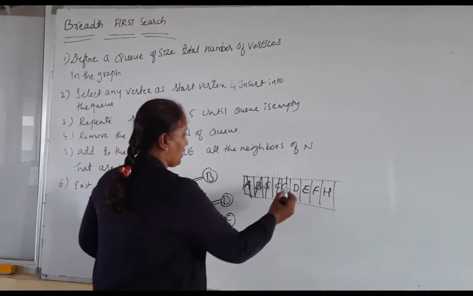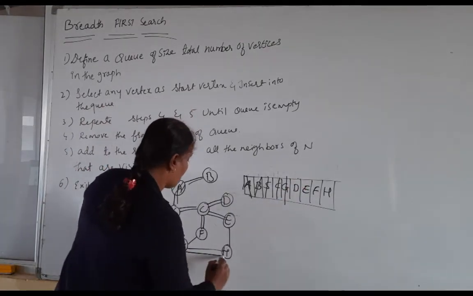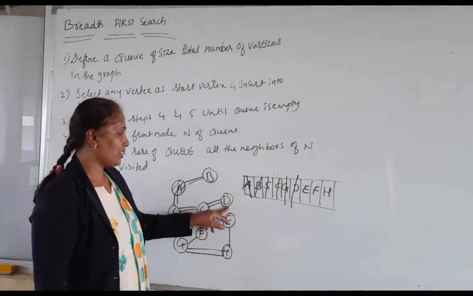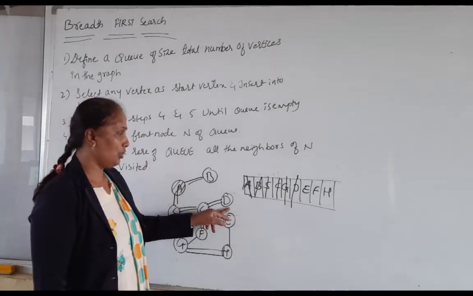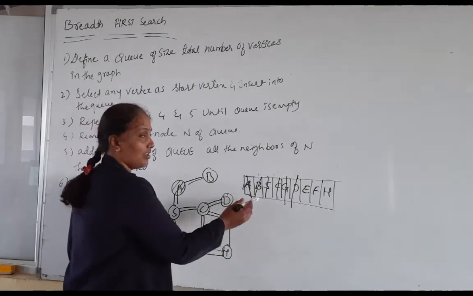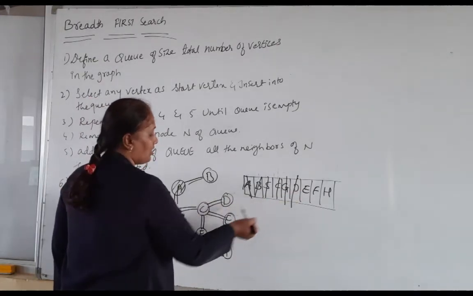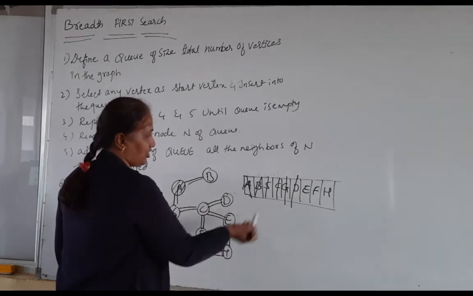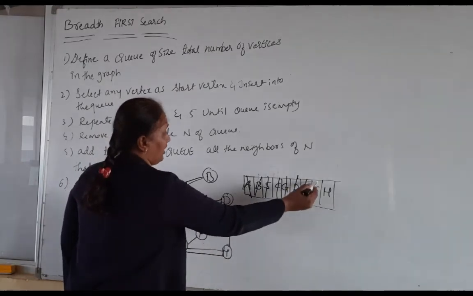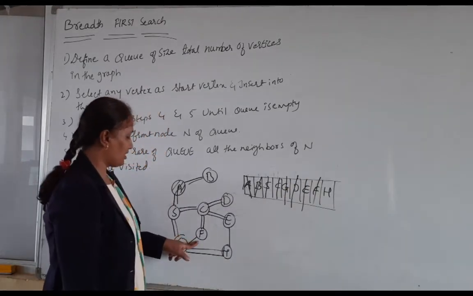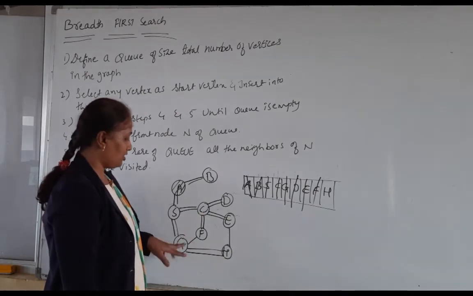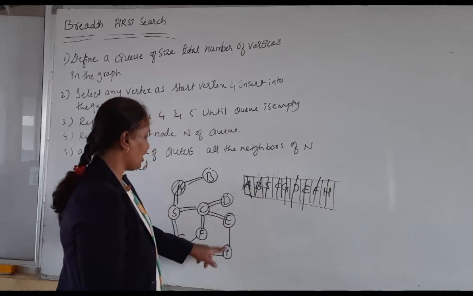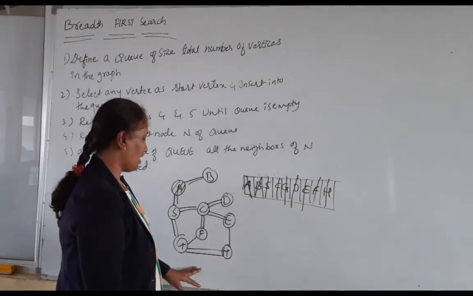Next, D. I am going to delete D from the Q. So can I visit any unvisited vertices from this D? No. Next, because it doesn't have any neighbors. Next, E. Its neighbors are C already visited and H is also visited. Next, I am going to delete F. Check out the neighbors of F. C already visited, G already visited. Okay. Next, check the neighbors of H. Neighbors of H are E and G, already visited.